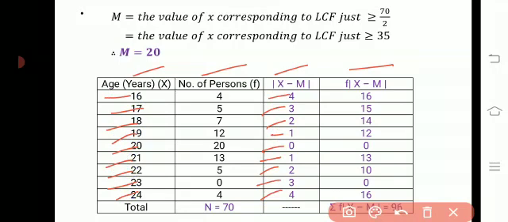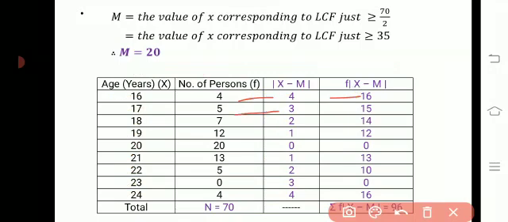If you add all the frequencies, then you will get capital N is equal to 70. Then we have to find f into absolute value of x minus m. Frequency into absolute value of x minus m, that is 4 into 4 you will get 16. 5 into 3 you will get 15. 7 into 2 is 14. 12 into 1 is 12. 20 into 0 is 0. 13 into 1 is 13. 5 into 2 is 10. 0 into 3 is 0. And 4 into 4 is 16. Then after addition of all f into absolute value of x minus m, you will get summation f into absolute value of x minus m